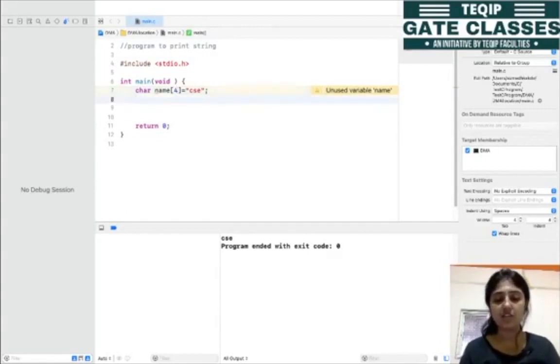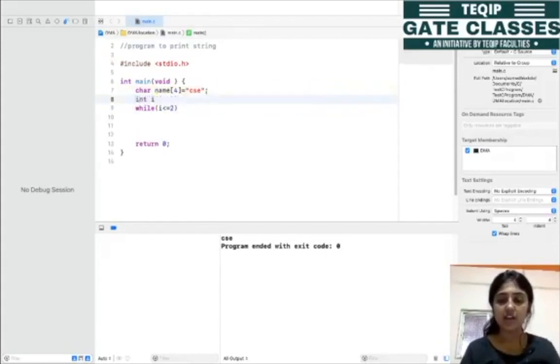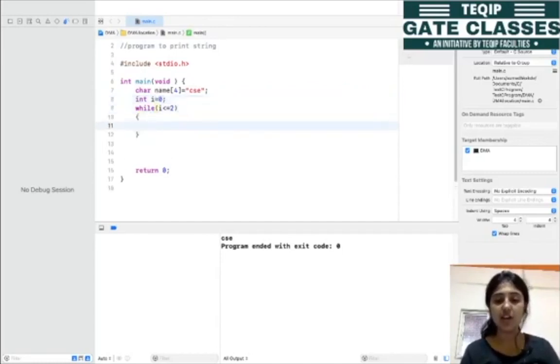After this we are using a loop, so i is less than or equal to 2, where the 2 is actually the length. First I need to declare this variable i and initialize it with 0, right? Then inside this while loop, अब मुझे क्या करना होगा, I need to write this printf statement, and one by one I want to print the characters.